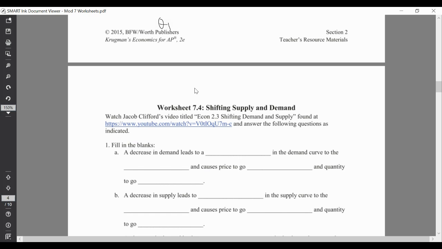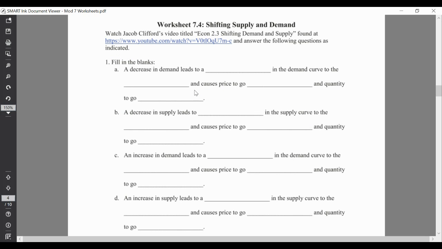All right, we're just cruising along here. So hopefully you've been working on these worksheets. Okay, I think this next one's a little more intricate. So you have to have watched a video with this, which I have posted on the website. So you can take a look at that. And it says after watching the video and the shifts, you should be able to fill these out. So if you've watched the video, and answer the questions as you watch the video, you should be able to